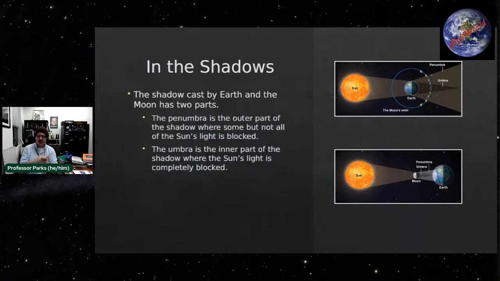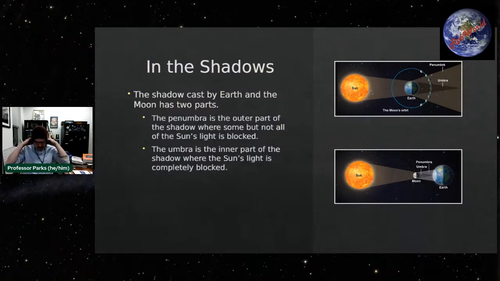Then you can have partial eclipses. A partial eclipse is when only part of the moon passes through the umbral part of the shadow. So maybe the top half of the moon gets blocked. All of the light for only the top half of the moon gets blocked as the moon is passing through space. And then finally, you have what is known as a penumbral